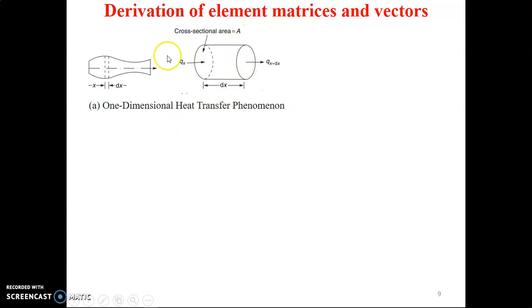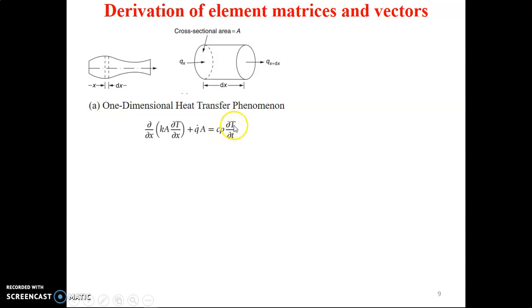area is constant. This physical phenomenon can be expressed by this partial differential equation, in which the first term relates to heat conduction throughout the element. It involves the thermal conductivity, A stands for the area of the cross section, and ∂T/∂x is the temperature difference across the length of the differential element. Q is the heat generation per unit volume, and A is the area of the element. This total will be equal to ρCp ∂T/∂t.